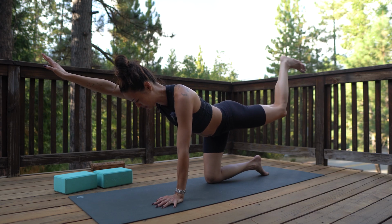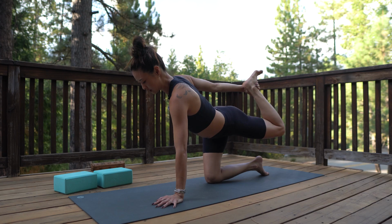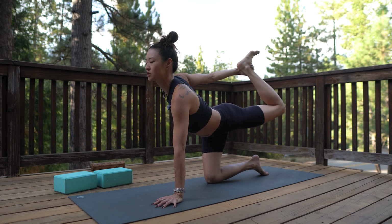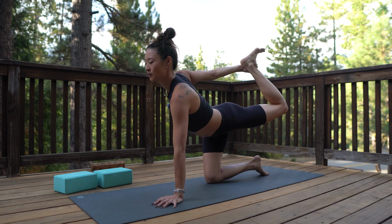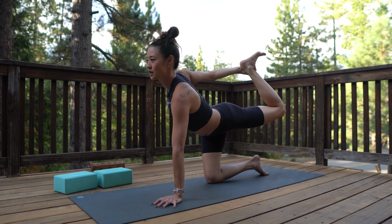Good. And then from here, bend the back knee, flex the foot, reach back with that hand, and then start to kick that foot into your hand as you slowly start to lift through the chest. Good. Breathe nice and big here. Actively push your foot into that hand, lift through the chest,